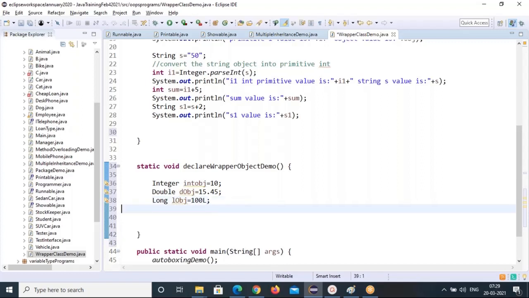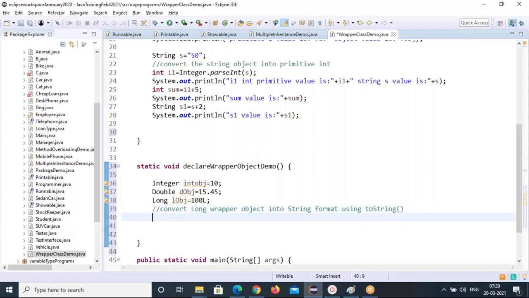So now I want to convert this into string format. How can we convert this long into string format? Convert the long wrapper object into string format using the toString method. Which one you have to use? The toString method you have to use. That returns string type data.